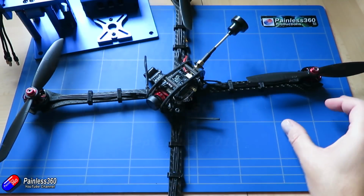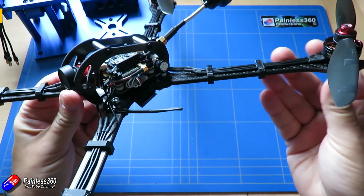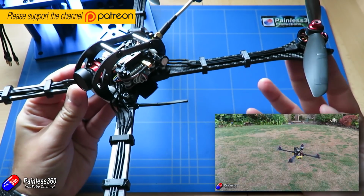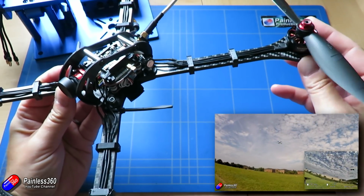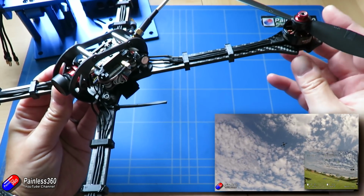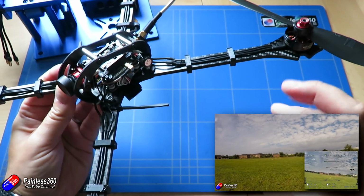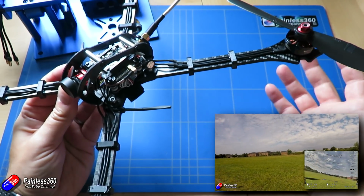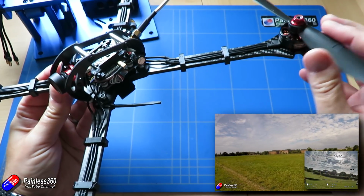This is an update video on the endurance build that we did. For those of you that have been watching the channel for a while, you'll know that I made this endurance build using 7-inch props and modern motors, really designed for 6S systems, running on a 3S battery, and I'm getting fab flight times. And I'm absolutely loving being able to fly for 20 minutes at a time, particularly when me